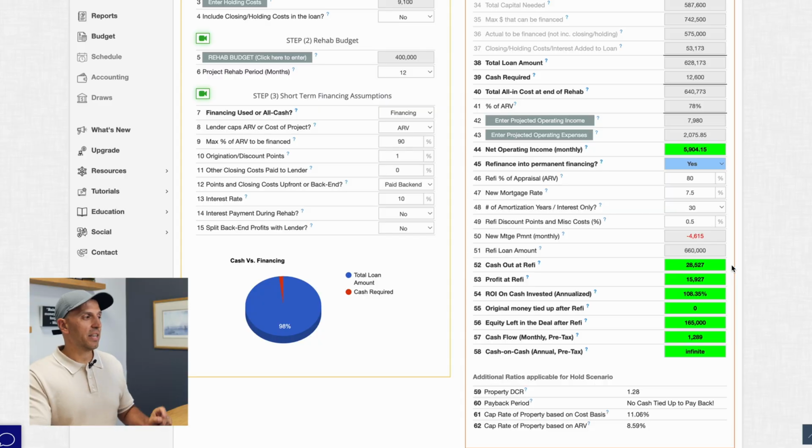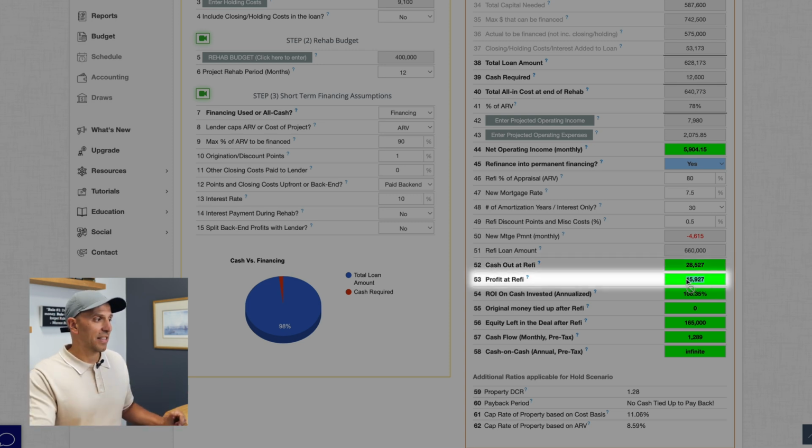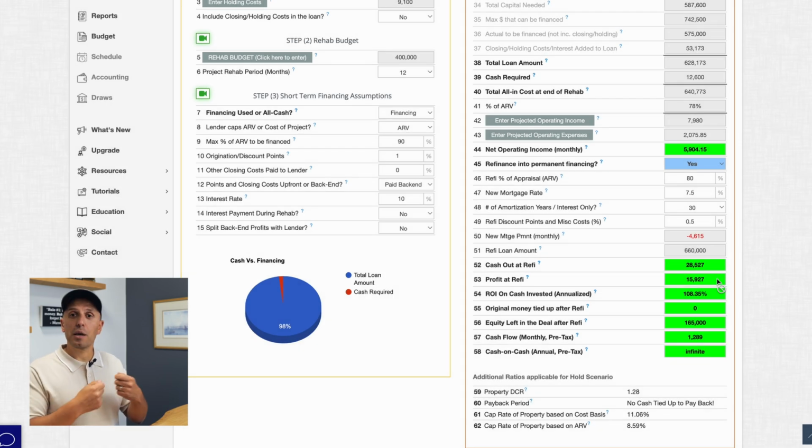At closing, I'm gonna get a check for $28,527. So I'm not paying anymore. They're actually giving me a check. And it says here, I made a profit of $15,000 or almost $16,000, because when you look at how much money I put into the deal to what I'm getting back, I'm actually walking away from this deal with a check for $16,000